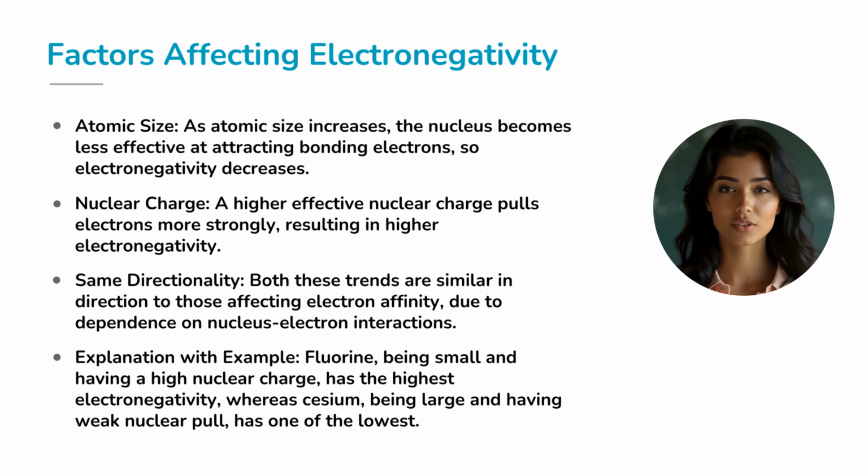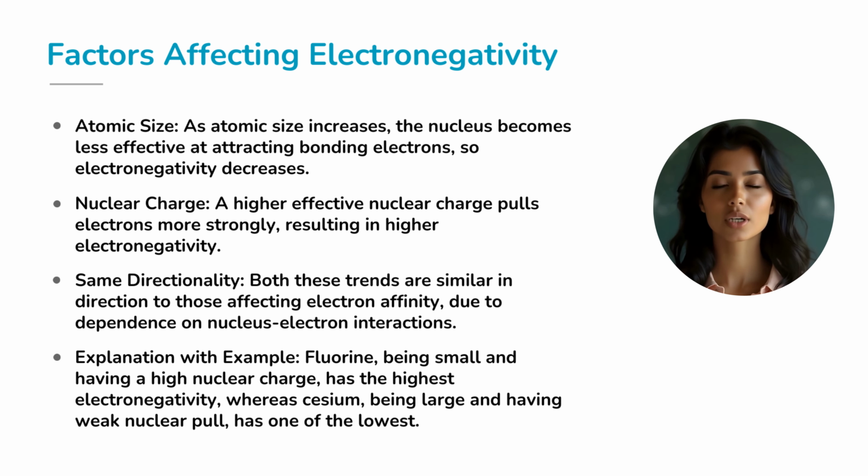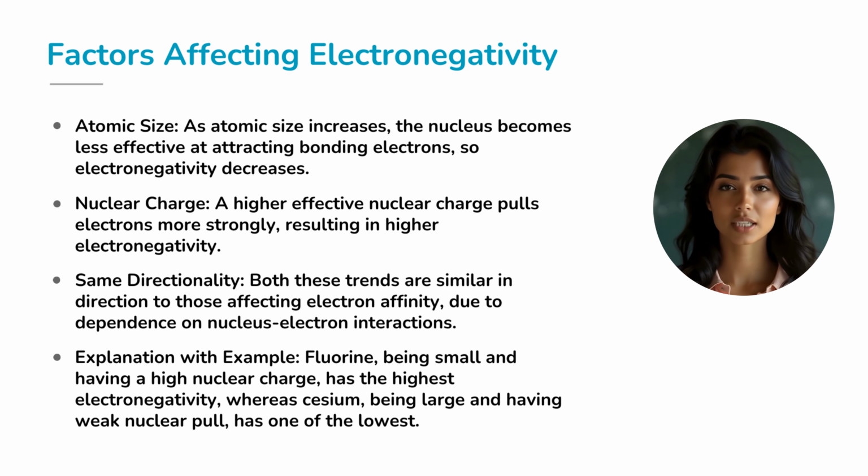Now let's uncover what influences an atom's electronegativity. First, atomic size. As the size of an atom increases, the nucleus finds it harder to attract the bonding pair of electrons. So, electronegativity decreases with larger atomic radii. Second, nuclear charge. A higher positive charge in the nucleus exerts a stronger pull on the bonding electrons, leading to